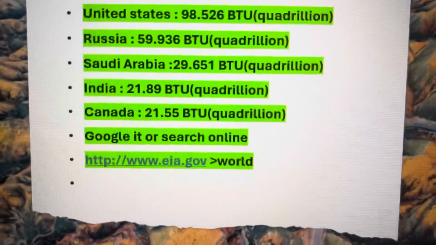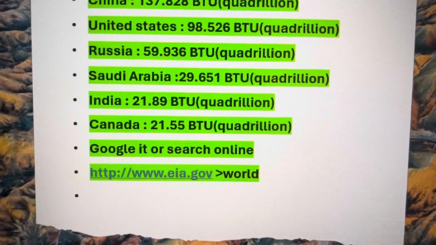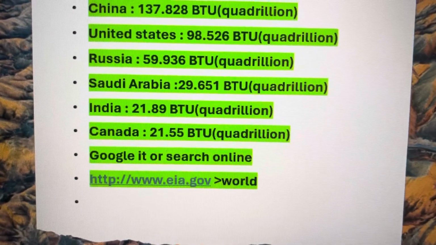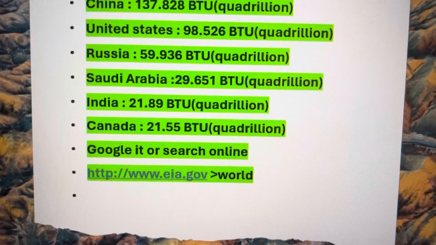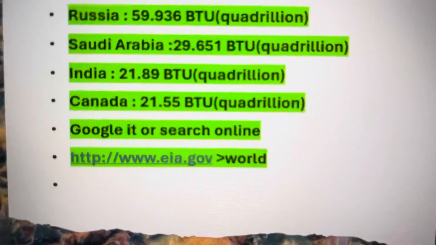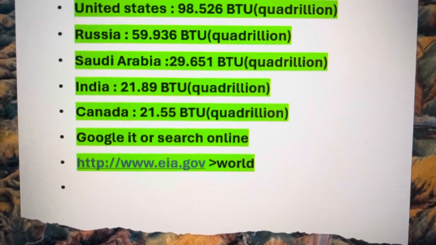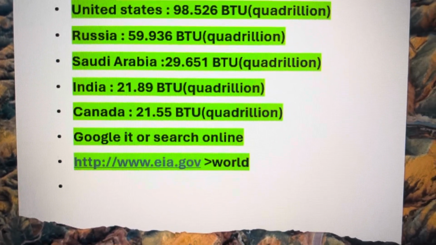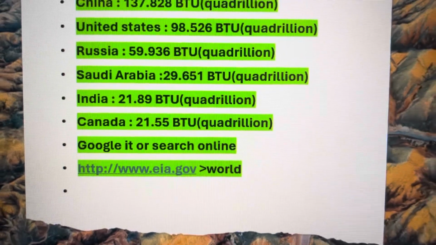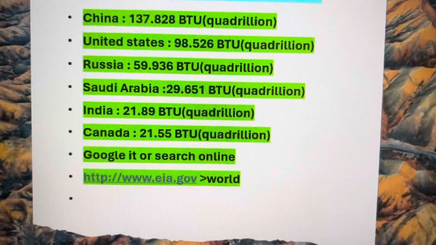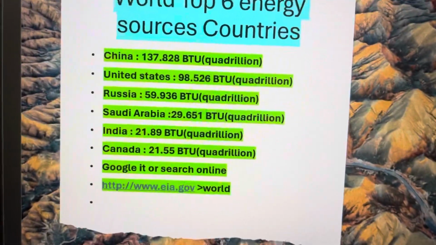So here is how you can search these rankings. You simply go and Google it, or search online. Or this is the website: www.eia.gov. Here you can find more information about the ranking of